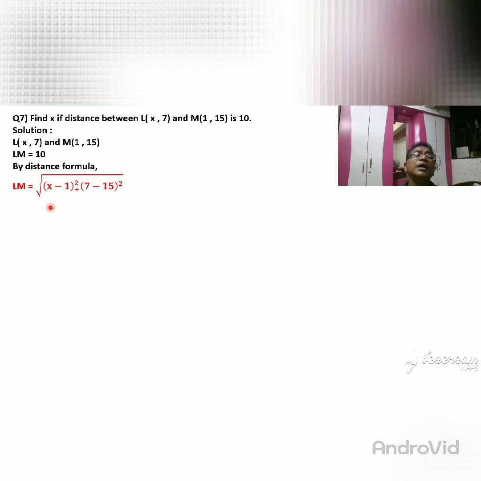So what do you get? You do x minus 1 bracket square. How can you do x minus 1 bracket square? X is the first term. It can be expanded by the formula for a minus b bracket square. Do you know that? a square minus twice ab plus b square. So with the help of that formula, we expand x minus 1 bracket square: first term square, x square, minus 2 into x into 1, 2x. So x square minus 2x.